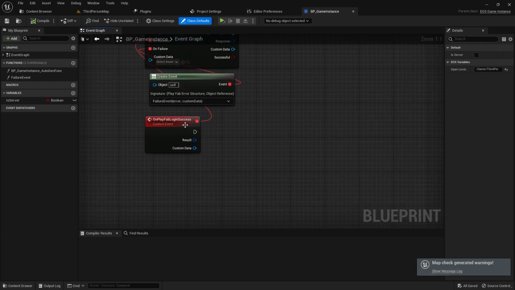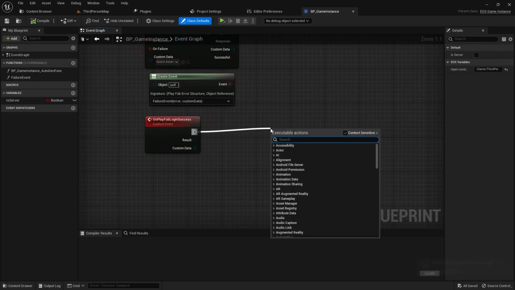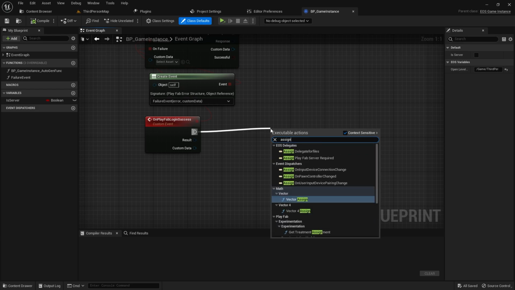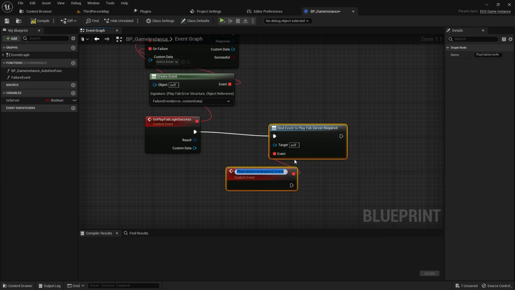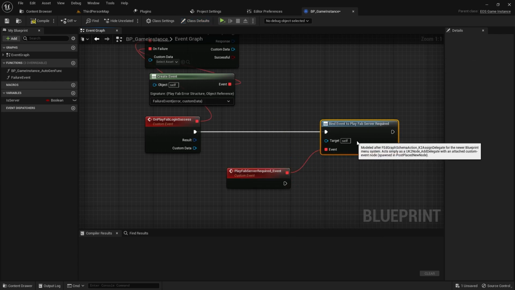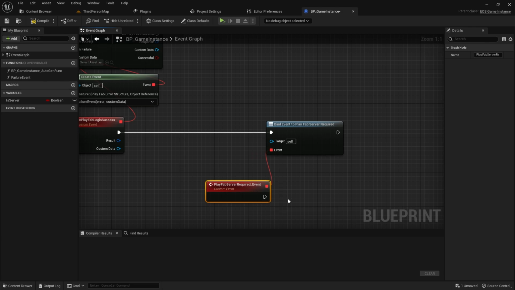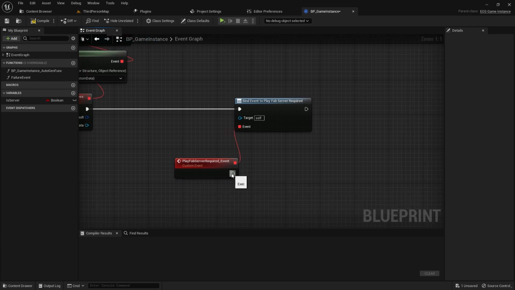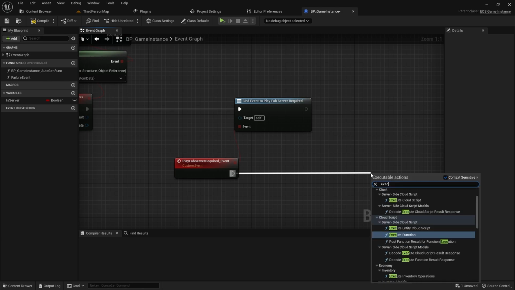Now what we will do is, when this is done, we will just assign... I forgot one thing. No, okay, it's correct. Assign Playfab server required, and we will just use this. So now this function will be running whenever this function tells us that we require a server. So when this happens, we will